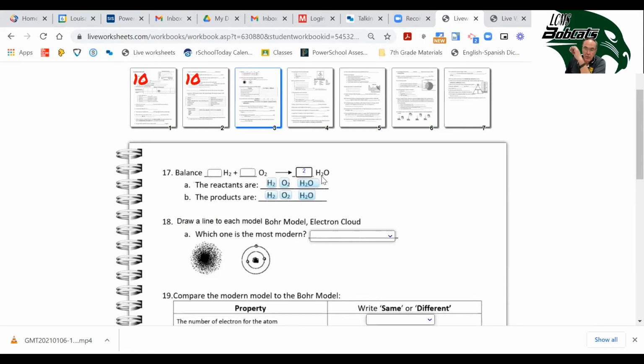2 times 2 is 4 hydrogens, but I only have 2 over here, so I need to put a 2 here. 2 times 2 is 4 hydrogens. There's 2 oxygens over here, and remember there's an understood 1 here, so 2 times 1 is 2 oxygens, so this would just have a 1